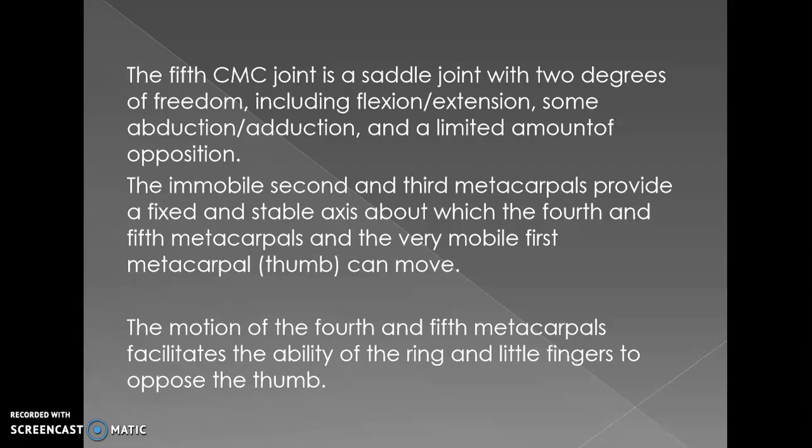So the fourth and fifth metacarpals are more mobile compared to the second and third, because when the thumb comes for opposition, such as gripping anything, holding a cylinder or a glass, the little and ring fingers come into opposition to the thumb. That is very important for